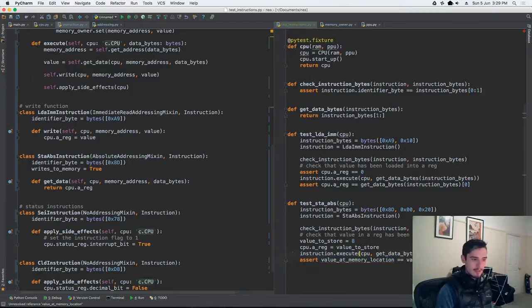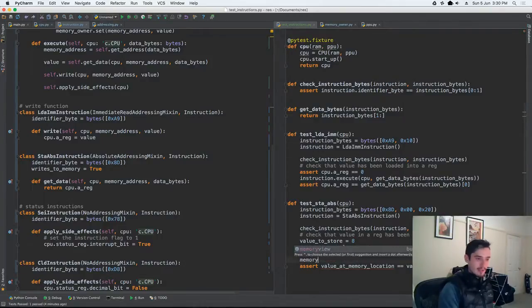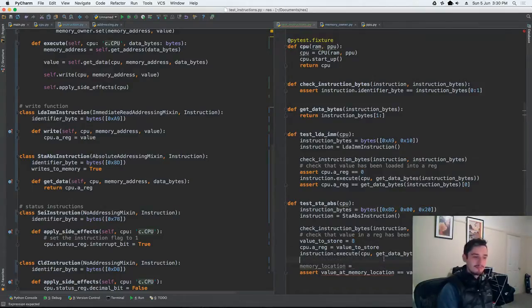So now what memory location do we want? So it's a store A absolute. So it's whatever value comes out of this absolute thing. So let's figure out the memory location. And I know that is going to be 000020. And then flips because that's little endian. So I know it's going to turn into the hex value 2000 when I read it out with little endian mode, which corresponds to 8192 in binary. So the memory location is 8192,